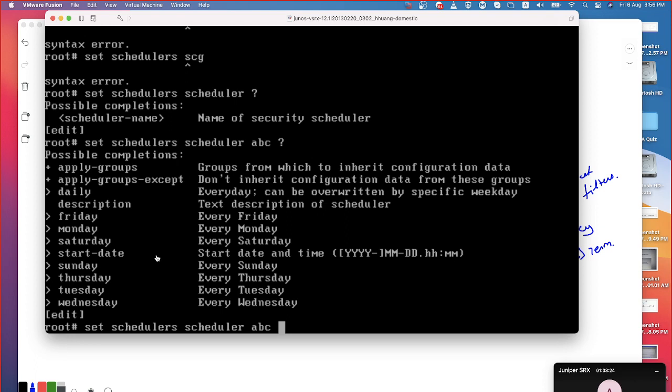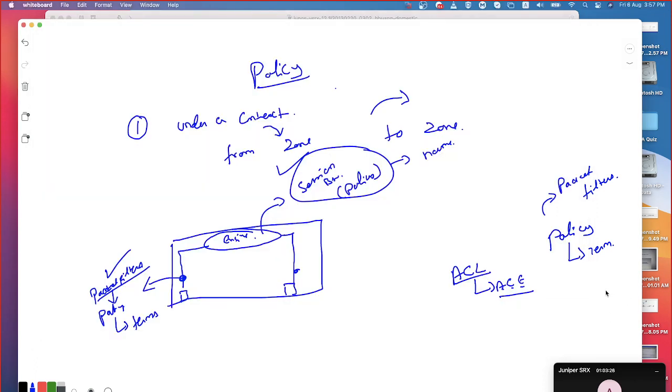What do you mean by this? See, if I mention the start date and start time, this is where the rule is going to be activated. At the stop date and time, the rule gets deactivated. That's it, once over. And that is why this kind of schedule is called an absolute schedule or exact schedule.